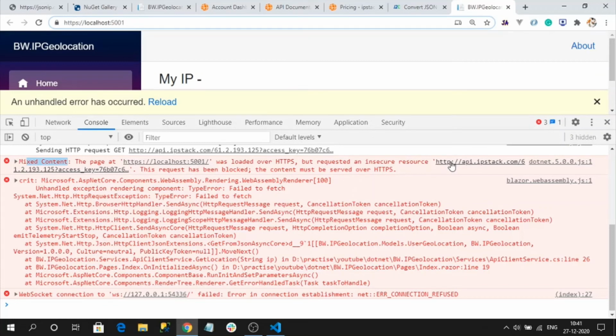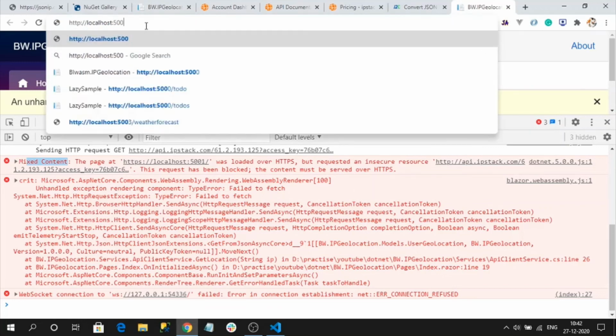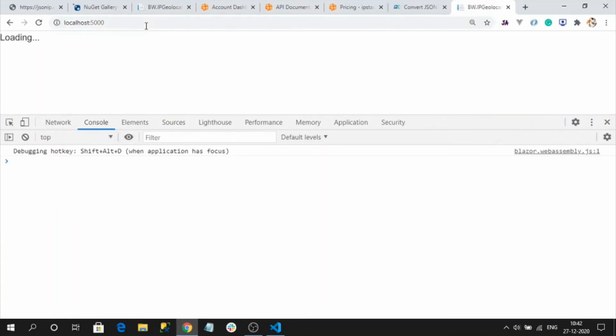So that is the reason. Please go for a paid subscription when you are using the api.ipstack.com domain. Okay. So for testing purposes, what I will do, I will use our non-HTTPS URL. For this, it will work.